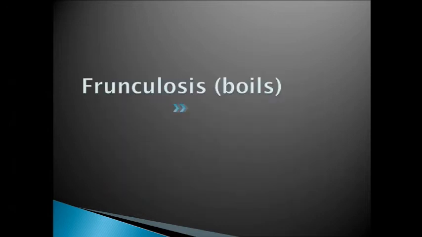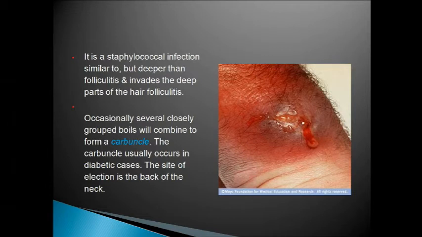Now furunculosis. Many people will ask, what is the difference between furuncle and folliculitis? Folliculitis is inflammation of the hair follicle. Furunculosis is infection of the hair follicle and the surrounding appendages. So in folliculitis, only the hair follicle is affected, whereas in furuncle, the hair follicle and nearby tissue are also affected. So it is an extended form of folliculitis with a little bit of skin infection around the hair follicle. And when many follicles combine together, they give rise to a carbuncle.